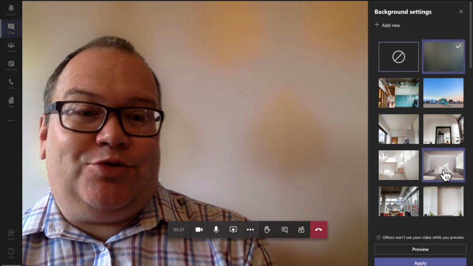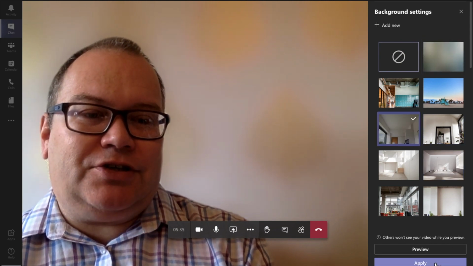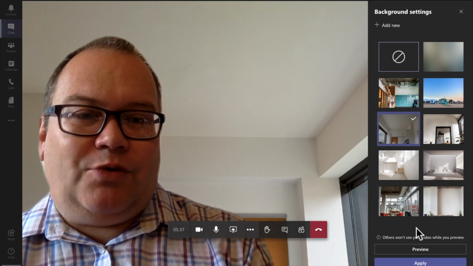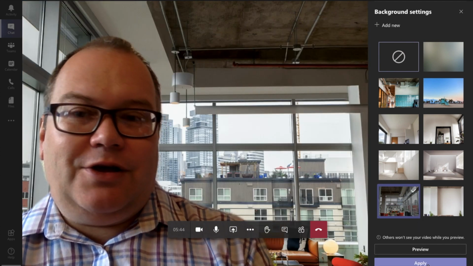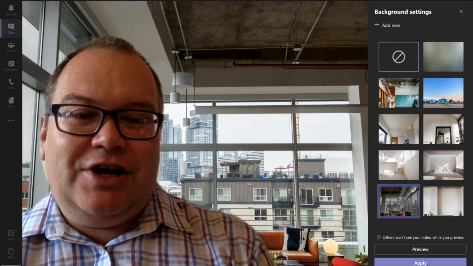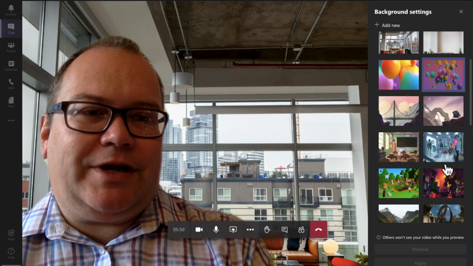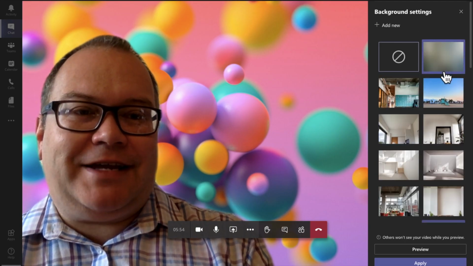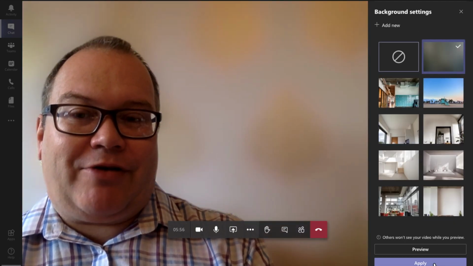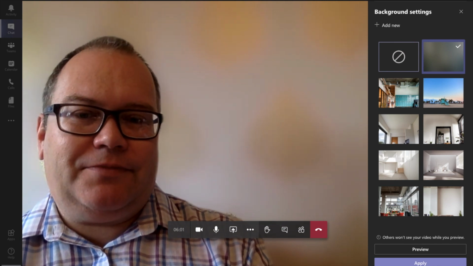If you want to transform to an office setting, you can easily do that. So there's some office pictures. So blank room. There's another one here with a city centre office. So there's lots of different options. We can even have some balloons in the background. But as I've said, I like to keep it to a background blur. It's pretty subtle, it's quite professional.